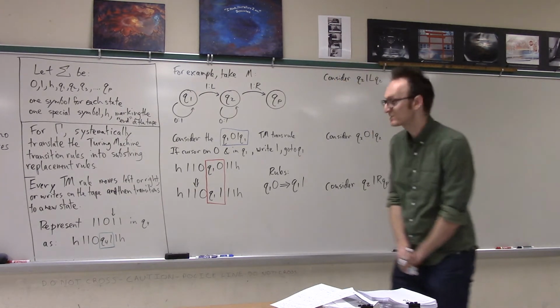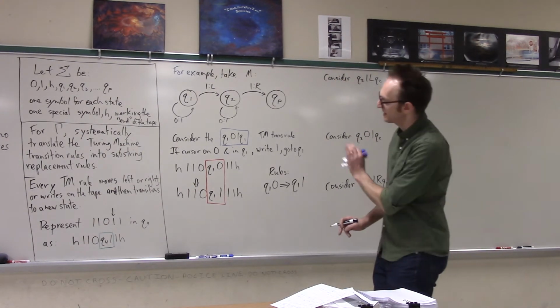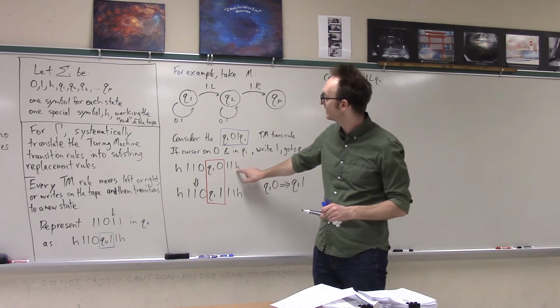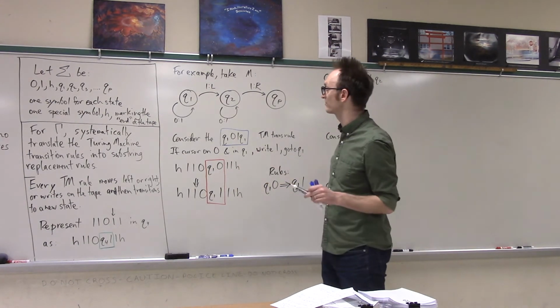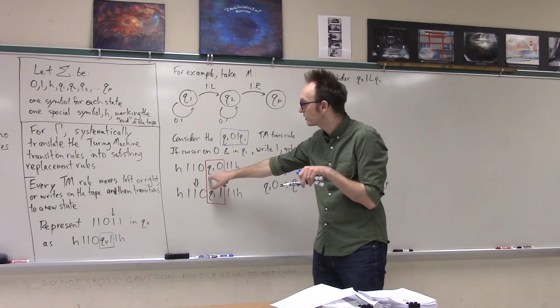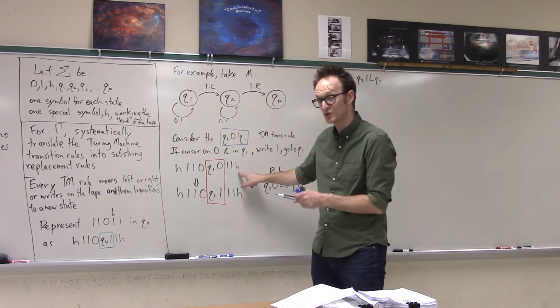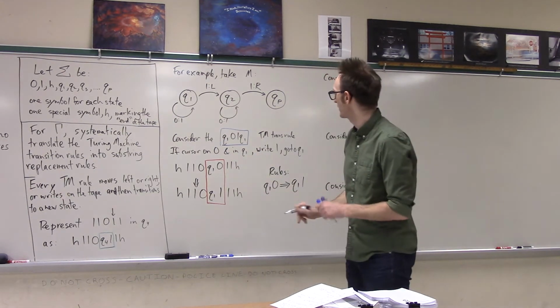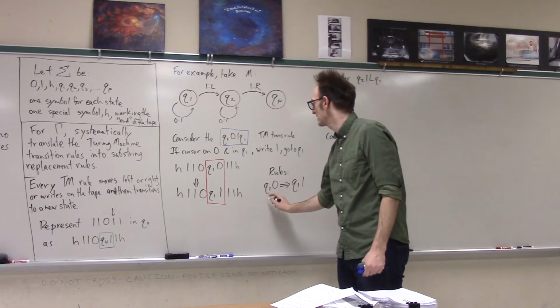That seems totally sufficient, but there is a technical issue. Remember, this H is really a placeholder for there being an infinite number of zeros. So anytime Q1 is right up against an H, it also means that the cursor is on a 0. And so the other little rule I need is